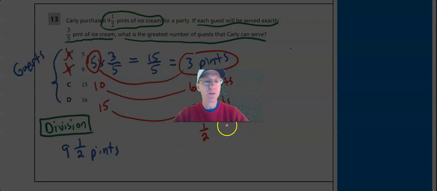So the question is, is 1/2 equal to or greater than 3/5? And if you look at these two fractions, using what you know about fractions, I want you to think, is 1/2 enough? Can I make 3/5 out of that? How would you compare that? How would you compare it?